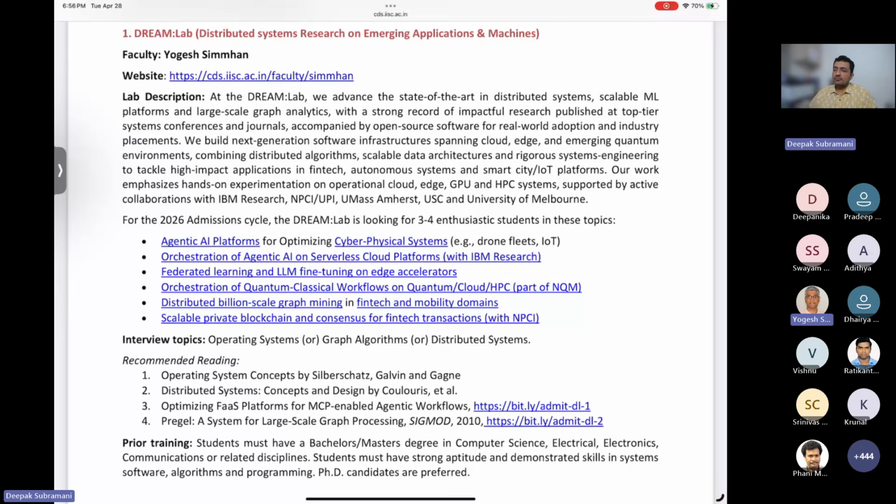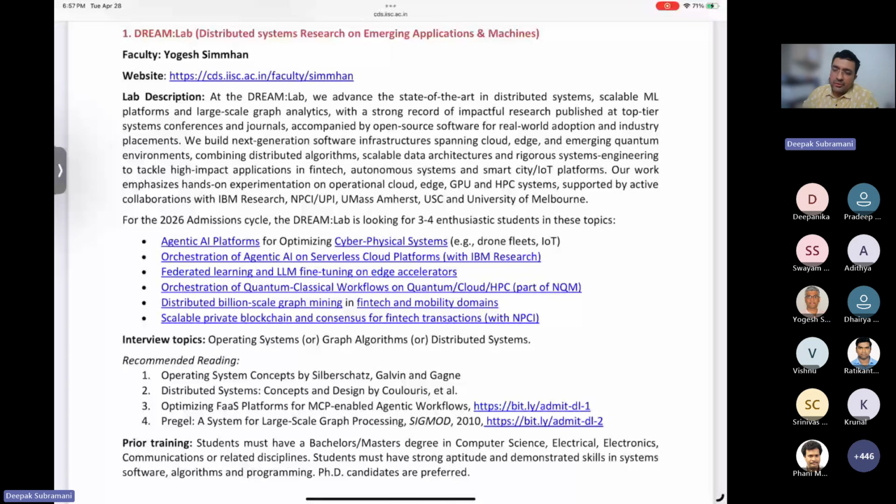Some of the topics you'd have to be prepared for, have aptitude for, if you are interested in our lab, are broadly around systems. It could be operating systems, networking, distributed systems or distributed algorithms as well. So if you're interested in this lab, do prepare for topics around operating systems at the undergraduate level. If you have taken a distributed systems course, you can opt for that as well. We also have a couple of papers around agentic systems and graph algorithms, and if you're prepared for those, you're welcome to apply to our lab. We are a very enthusiastic and very productive lab, and we're always looking forward to students who are passionate about these problems. Thanks a lot.